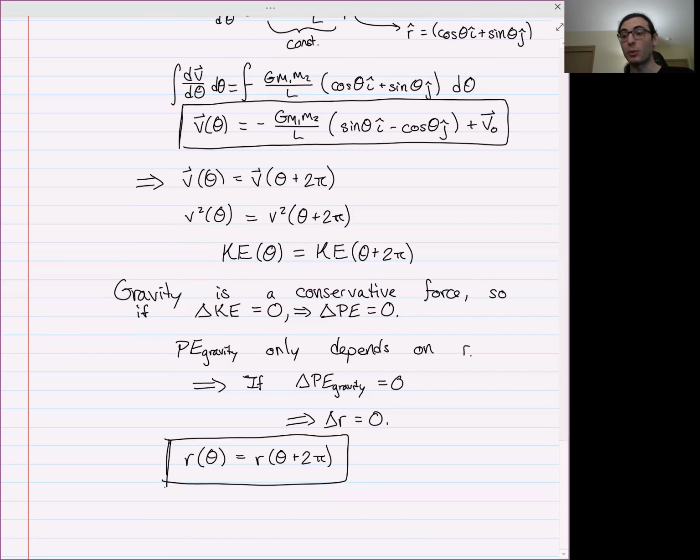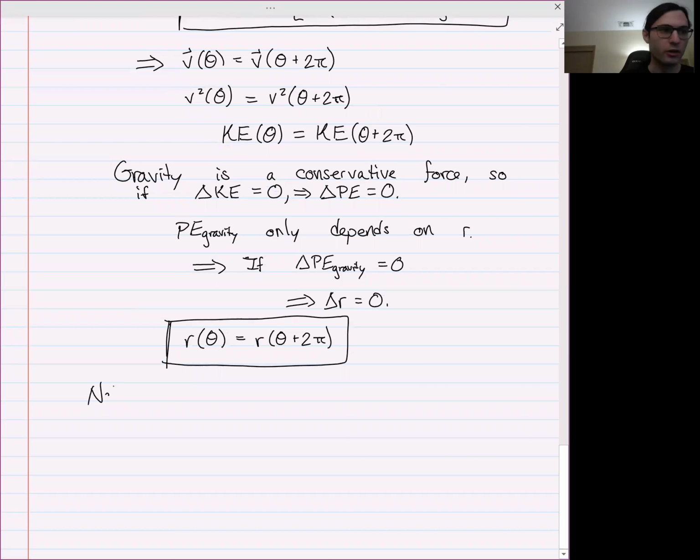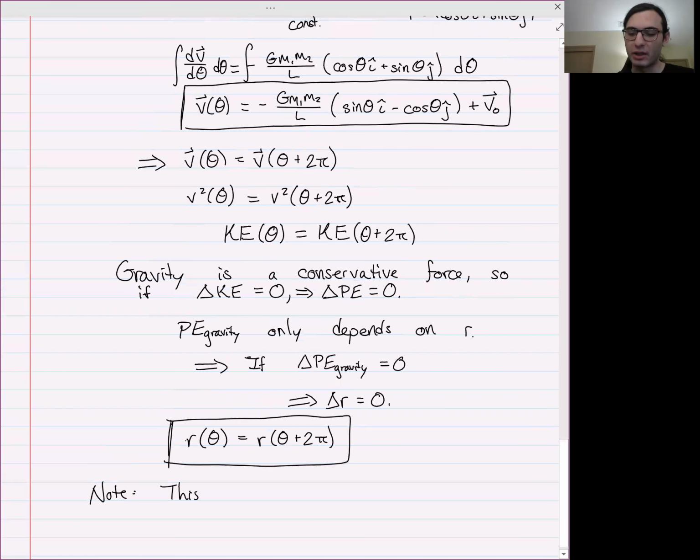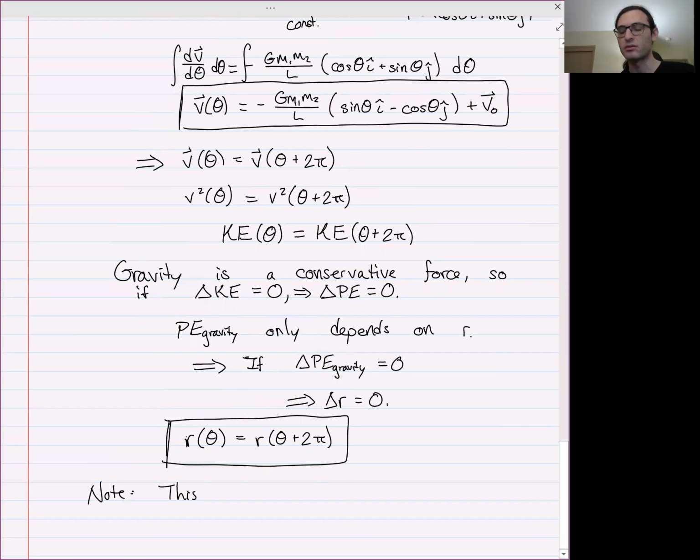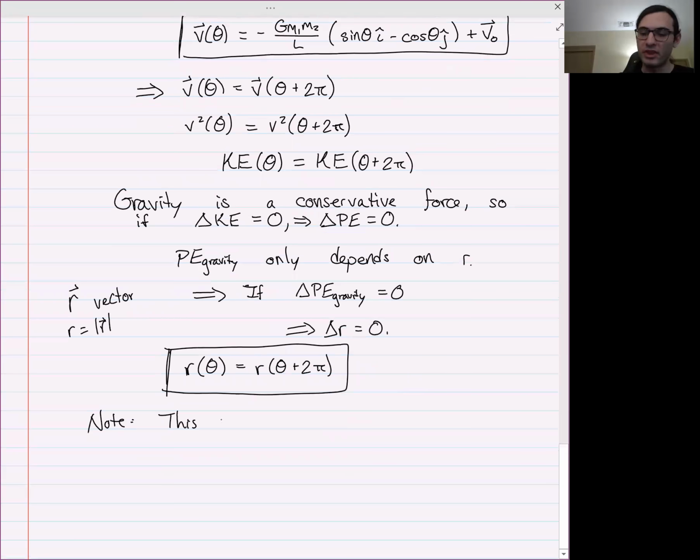It didn't have to be that way, but it's sort of a coincidence. As a quick note, in general, r is a vector, but when I just write r, this is the magnitude of the vector r, or just the distance. That's the standard thing that I do. This only worked